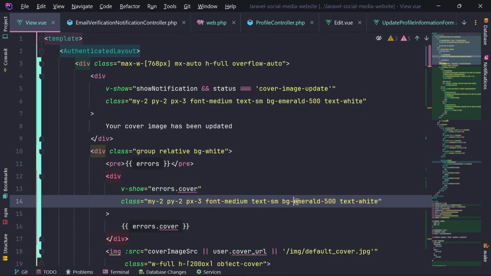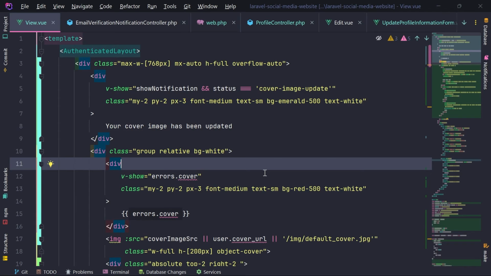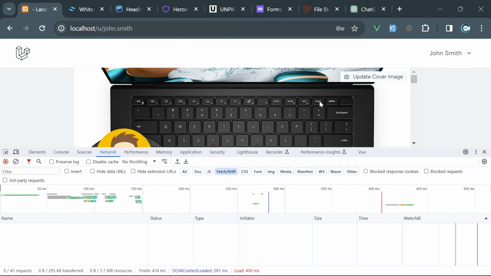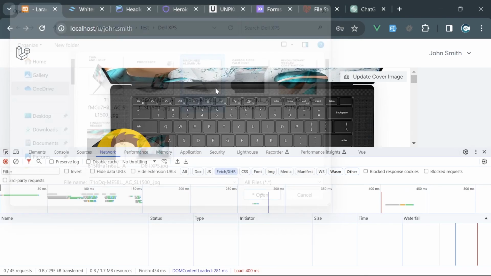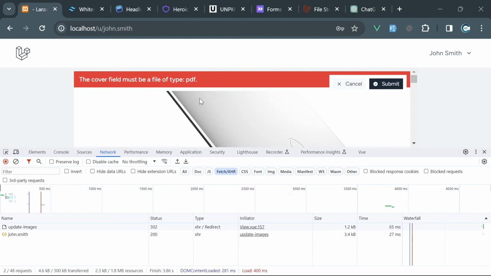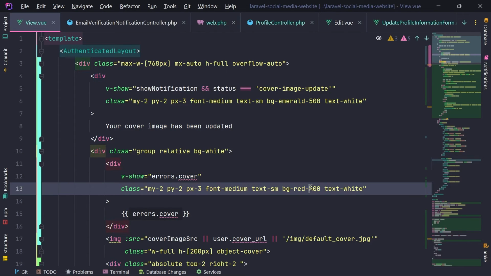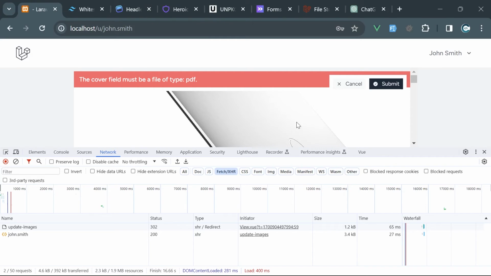And the only difference will be bg red 500. Okay, now let's have a look. Here we go. Okay, we choose something. We click submit. We get the file type. The cover field must be a